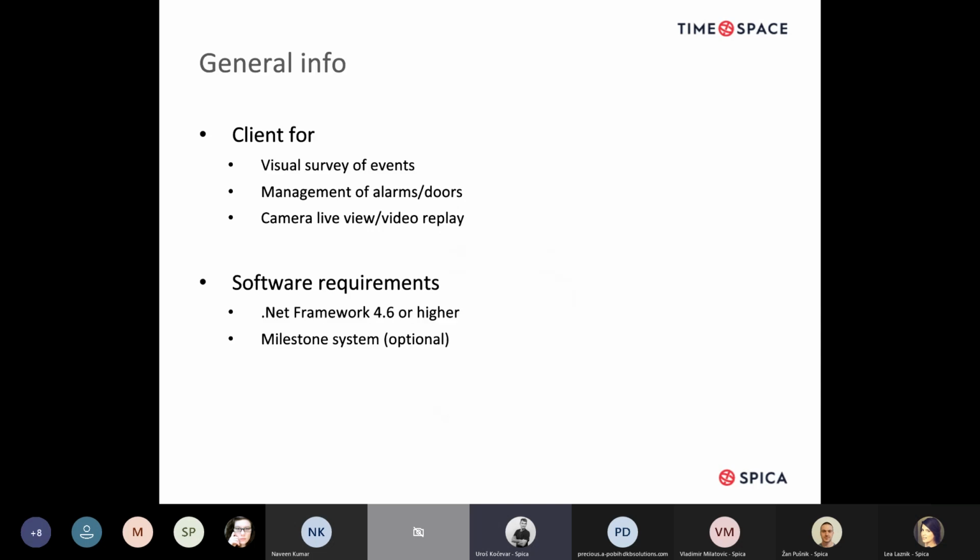What this module does is offer a visual survey of events which occur in the system. So for example, when someone makes a registration on a specific access point, this security officer then can get a visual notification of this event. With this module, this officer can also manage alarms and doors in the system. So if there is a need, he can easily open or close a specific door